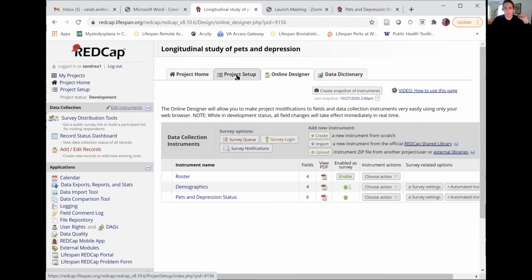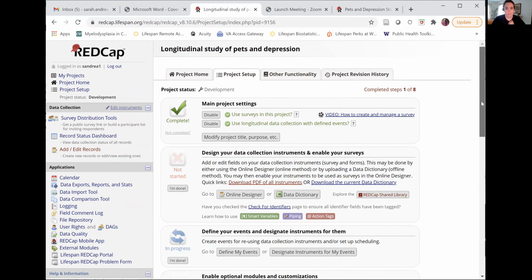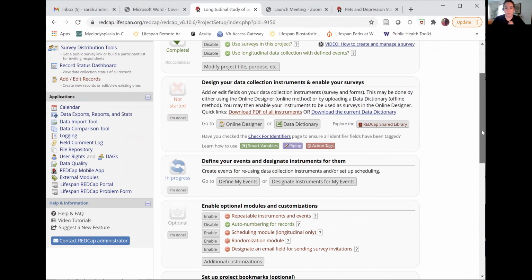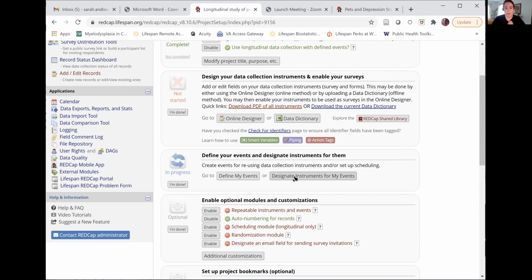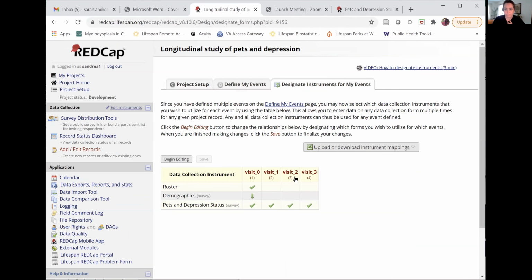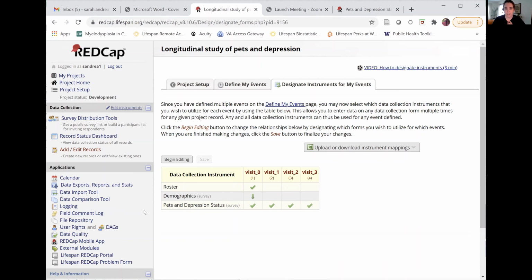You create just a single instrument, and then you can tell REDCap that you want to use that instrument at multiple points in time. So here, I've told REDCap I have certain items that are only happening at baseline, but they're going to be using this survey at multiple points in time. And data structure wise, instead of having multiple columns for every single visit, all these columns going across this way,